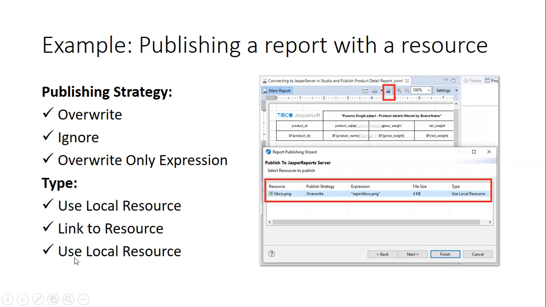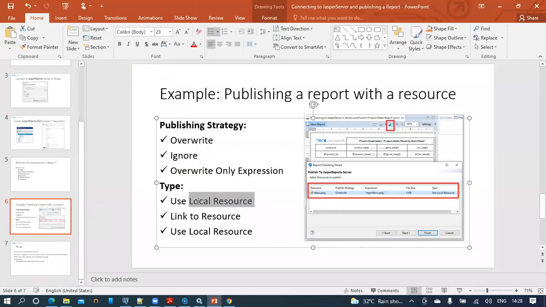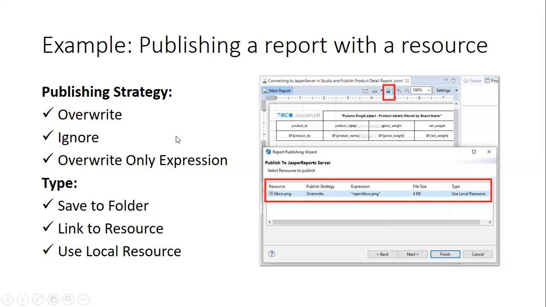The save to folder option saves the resource to a location anywhere on the Jasper report server instance.